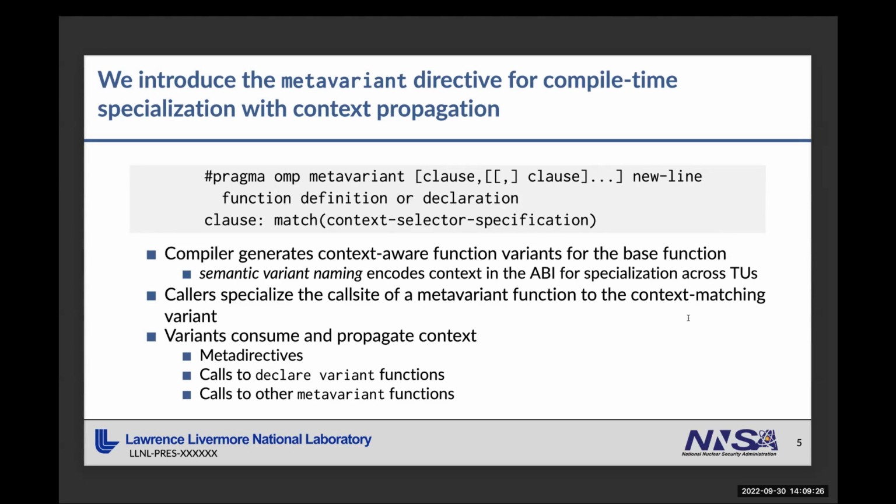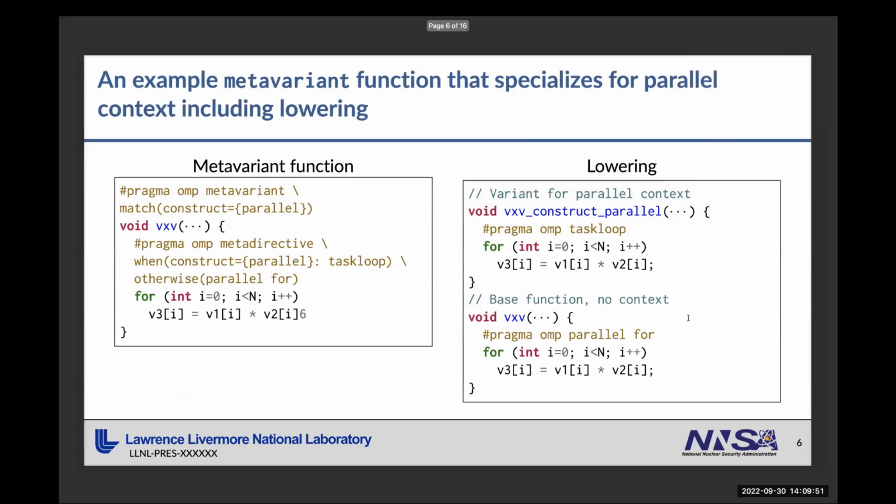So callers can specialize the call side of a meta variant based on the context they have. And the variants can consume and propagate that context. But you still have the option in the compiler that's compiling the callee to generate or not certain of those variants. If it chooses to specialize them, it can, but you still get linking. Right, so an example of what we were trying to do,